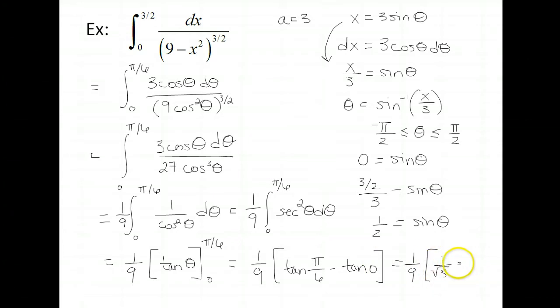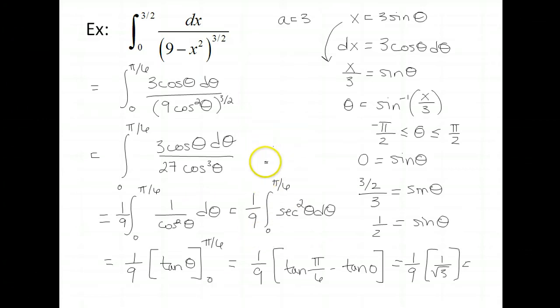Rationalize the denominator if you must. Tangent of 0 is 0, so I don't need to worry about that part. So here we are left with just that answer. We can actually just finish right there. So in this way, we worked our way through making use of the relationship between the substitution and the angle. And now what we can do is actually try to work out that example that we had